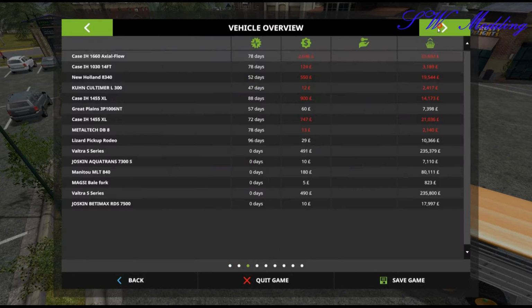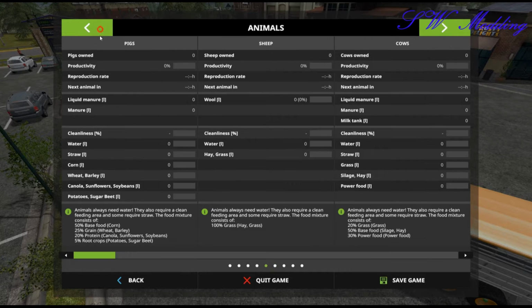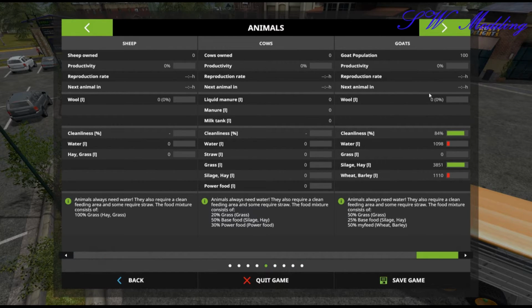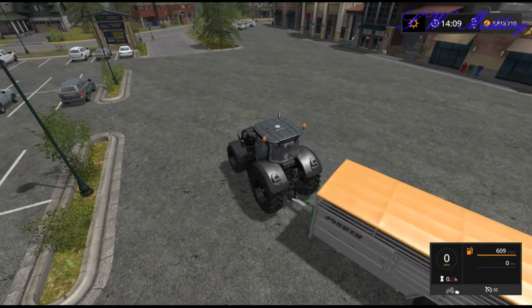So we'll just make sure before we go any further that our goats are still present on the map. We've got goats, the 100 that I bought last time, and if you watch my video on how to get goats into the map and the rest of it, you can see that I haven't added any more food or whatever else to them as yet. So they're all pretty much the same as they were before, and it's just kicked over to tell me all the bits and pieces. So yeah, we'll go with that. Okay, so